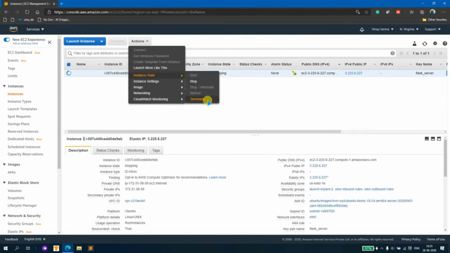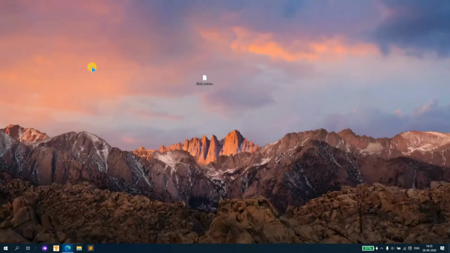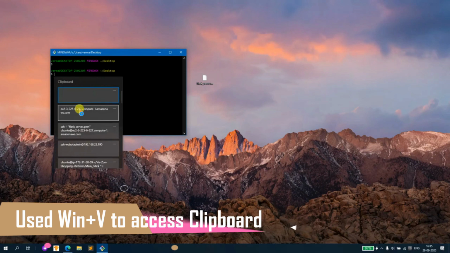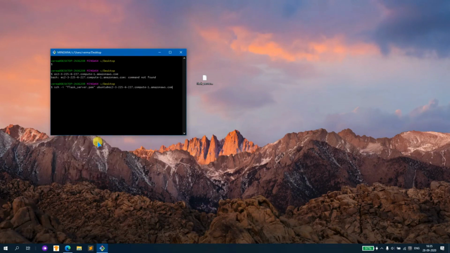And by terminating, everything that is done in the system will be deleted. And so there are other stuffs that I can use for that. And yeah, that's it. Now it's stopped. And if I try to access that again, it will not be possible. So it's not possible because the server is shut down.